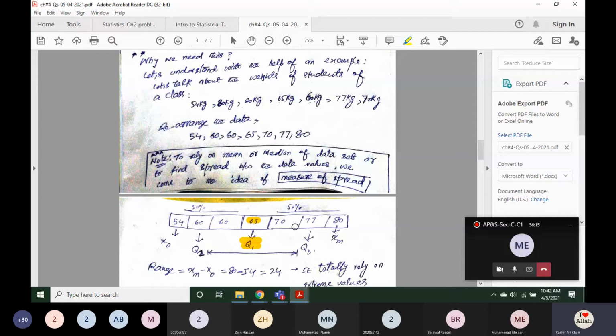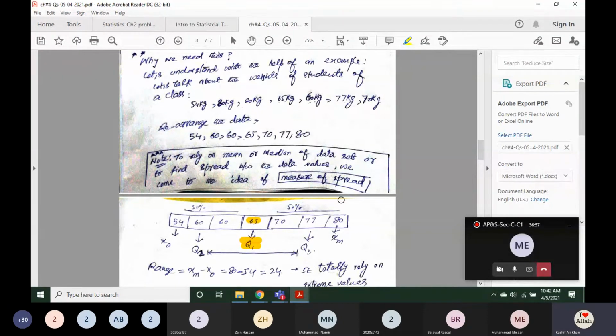So similarly, from the upper part of the data, you can get the Q3 because Q3 is the center. Q3 indicates the central value from the upper part of the data. That's why that is called the upper quartile. So X naught and XM, 54 and 80, these are the extreme values. So if we are interested to get information of the data by eliminating these extreme values,